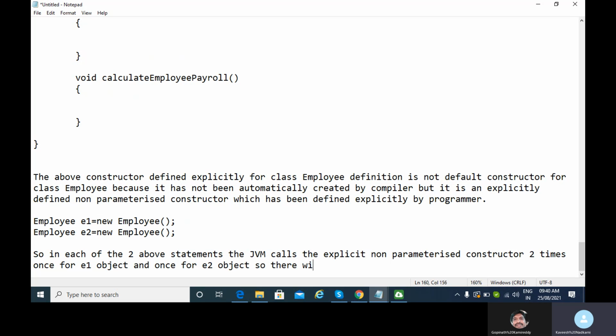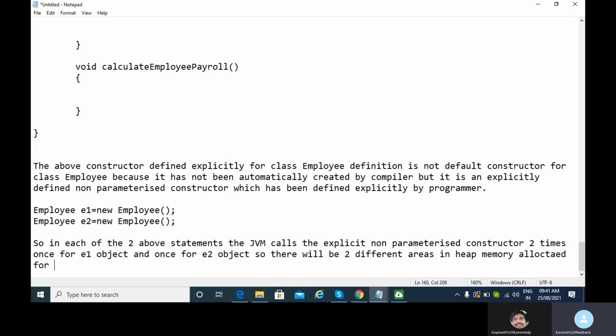So there will be two different areas in the heap memory allocated for E1 and E2 respectively, Gopinath, and the initial values for the data members of each object will be that only, ABCD, X, 5 and 50,000 respectively.